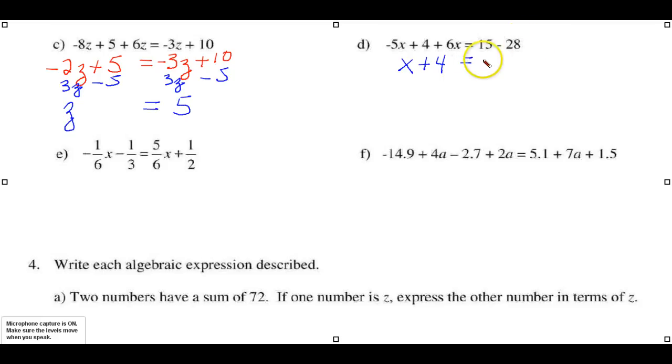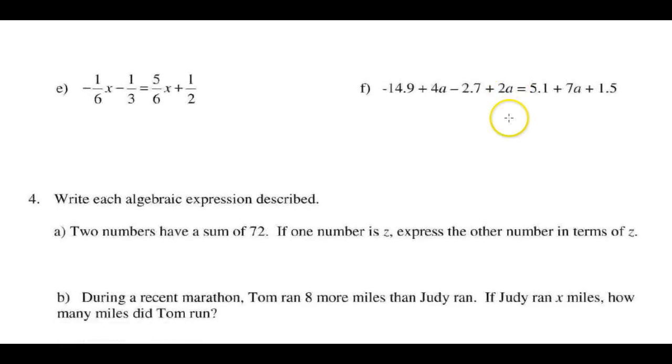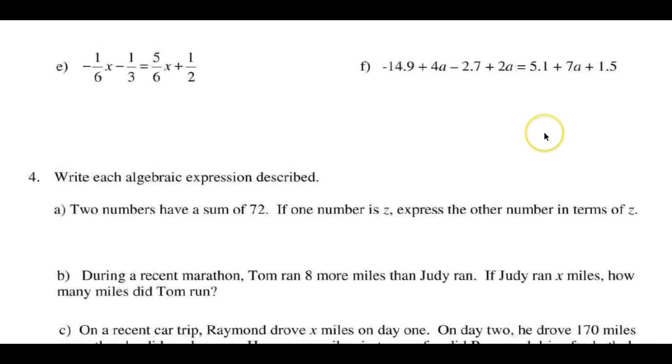When we combine this, we get a negative 13. And now we're going to subtract 4 from both sides. We get x equals a negative 17. You'll be having lots of practice as you do your work, but there are some that I want to specifically